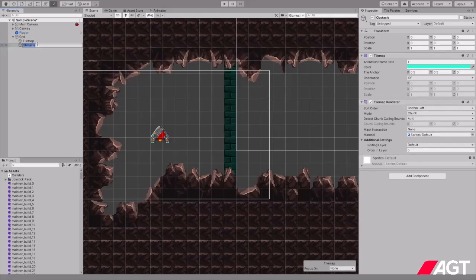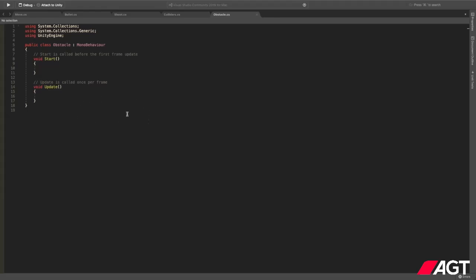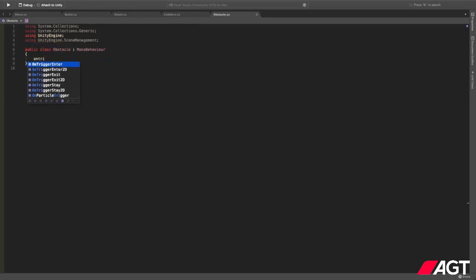So let's add a script to this obstacle, add component, call it obstacle, new script, and create and add. Okay, double click on the obstacle, and when we get a new script opened, we can delete both of the methods Start and Update. Again, we will use UnityEngine.SceneManagement. First, we want to use the OnTriggerEnter2D method, and we need to check with whom we are colliding. So if